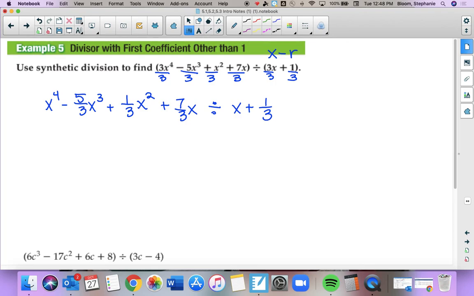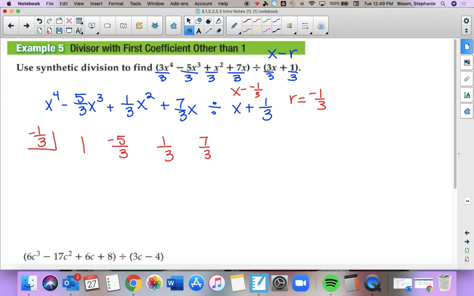Okay, so we got to first identify what would be our r in this case. Negative 1/3. Good. My r would be, because this would be like minus negative 1/3. That's how it became a positive. So r is negative 1/3. So in that little box is going to be negative 1/3. Okay, from there, we're going to plug in our coefficients. So I have a 1, a negative 5/3, a 1/3, a 7/3,